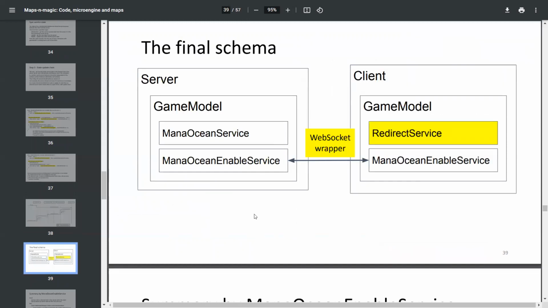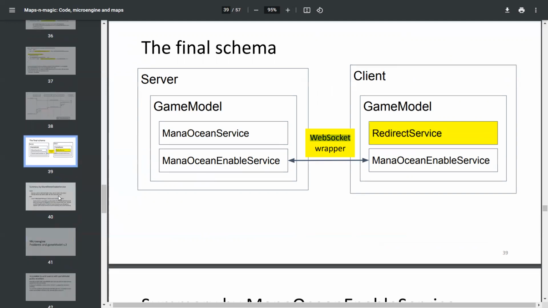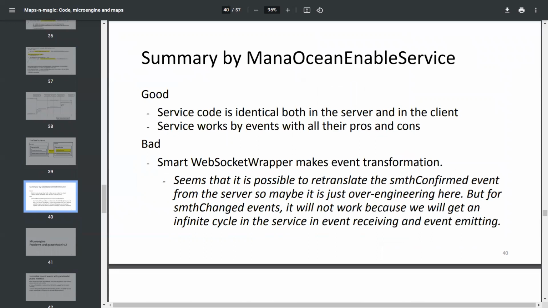The final schema adds WebSocket wrapper and redirect service. The client states are updated in all connected clients. Service and wrapper. We solve the problem. Good news, the service code is identical and reused both in the server and in the